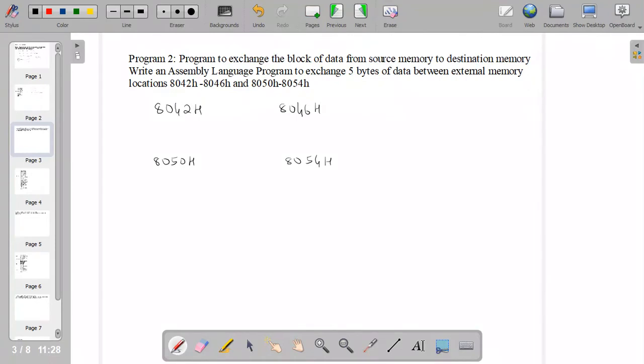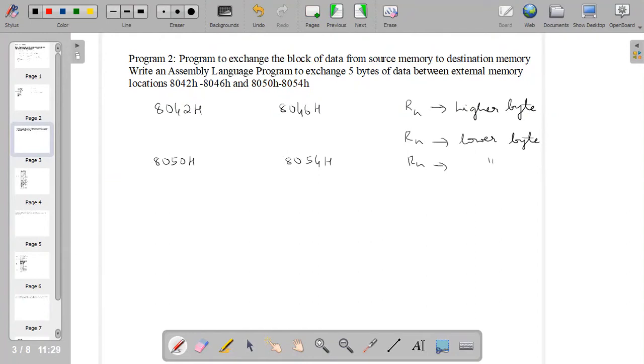So, we require a counter to keep track of the exchange of data, and we have to access these memory locations, that is, external memory locations. To make it easy, we will use registers. One register will store the higher byte of the memory location and the other two registers will store the lower bytes, since the one block of data is from 8042 to 8046 and another is 8050 to 8054.